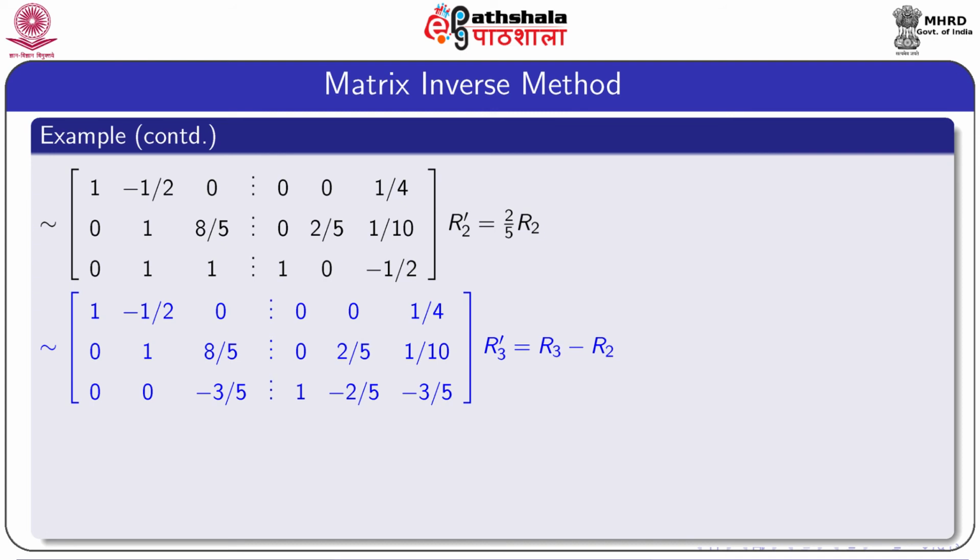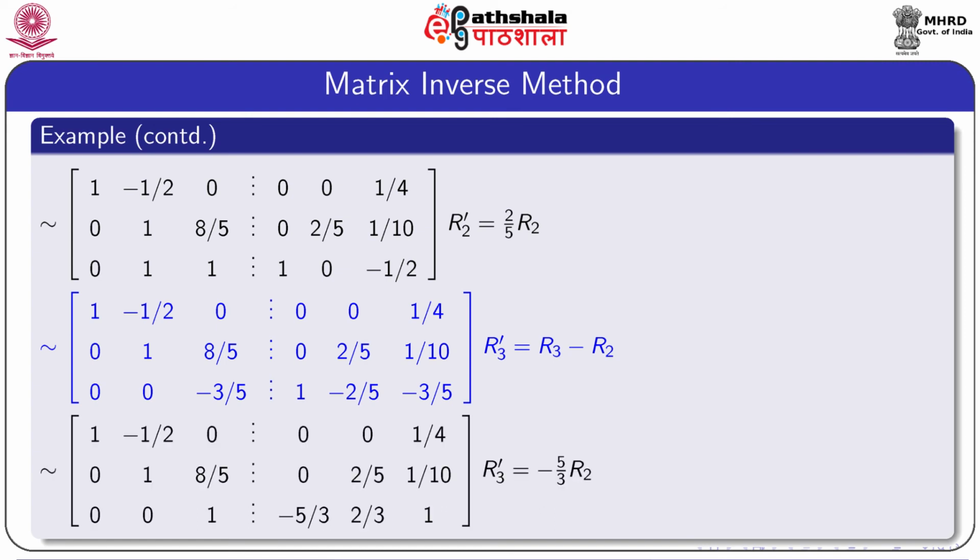Now, to make the element at position 3, 2 to 0, we apply the elementary row operation R3 prime equal to R3 minus R2. After this operation, the third row is reduced to 0, 0 minus 3 by 5, 1 minus 2 by 5 minus 3 by 5. Now, we divide the third row by minus 3 by 5 to make the 3, 3